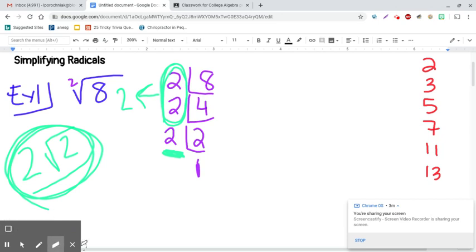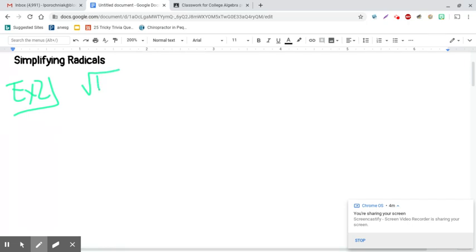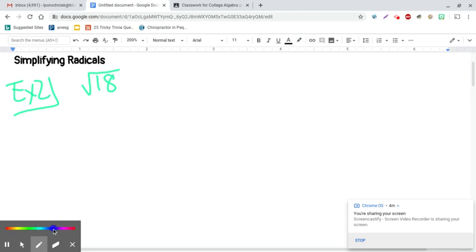Now I'm going to erase. Bam. All right, example 2. For example 2, we are going to find the square root of 18. Since we went over the basics, we're going to go a little bit faster now. So we're going to take 18,